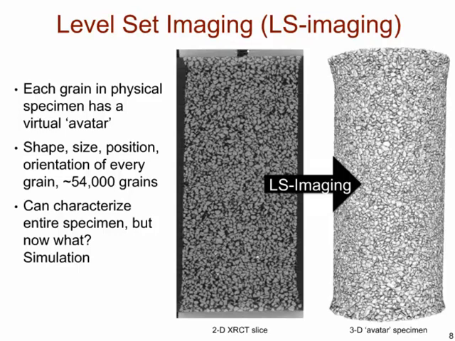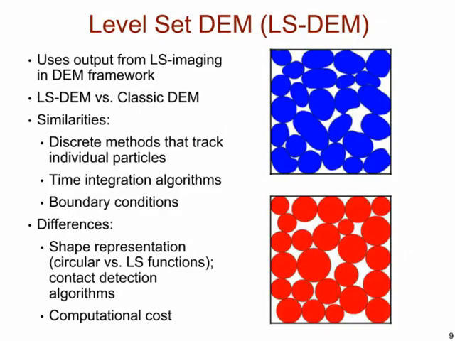So here I'm going to show you an example of how we go from a full specimen that you can see here in the 2D X-ray CT slice to a three-dimensional computational model. And these are small samples. They're about 60,000 grains in the samples, so that they can take X-rays of them. So are these models any valid? Can you compare well with